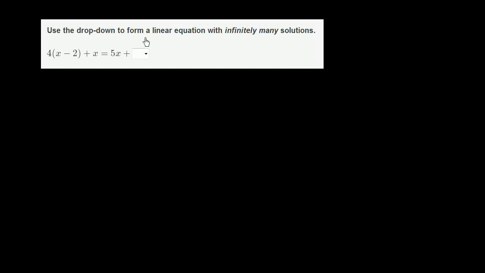Whereas to use the drop down to form a linear equation with infinitely many solutions. So an equation with infinitely many solutions essentially has the same thing on both sides no matter what x you pick. So first, my brain just wants to simplify this left-hand side a little bit, and then think about how I can engineer the right-hand side so it's going to be the same as the left no matter what x